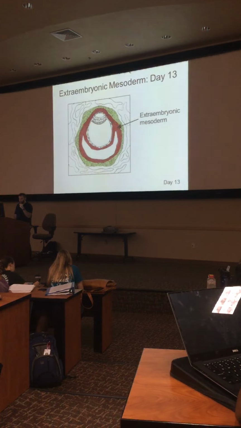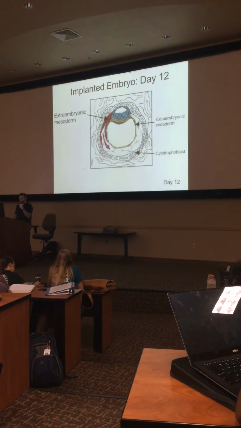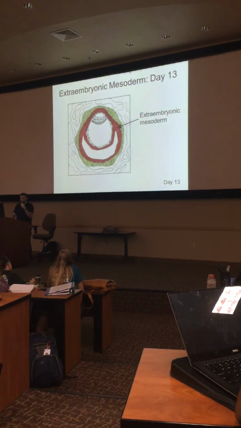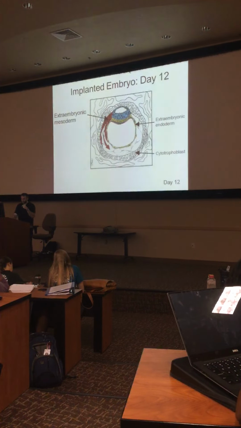Here's day 13. So it went from day 12, it started doing it. Day 13, the extra embryonic mesoderm has entirely surrounded the entire inner cell mass. So it surrounded all of the epiblast and the hypoblast, okay? All entirely surrounded by now, okay? That's why it was doing what it was doing with 1 layer going. So y'all can imagine if this went all the way around right here and this continued,